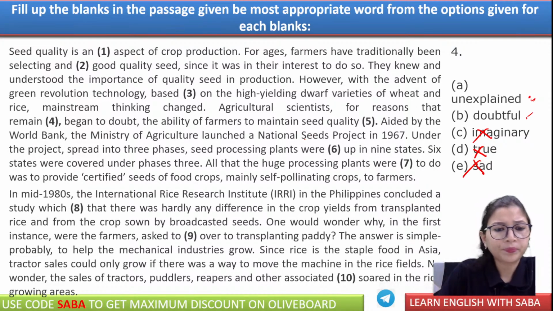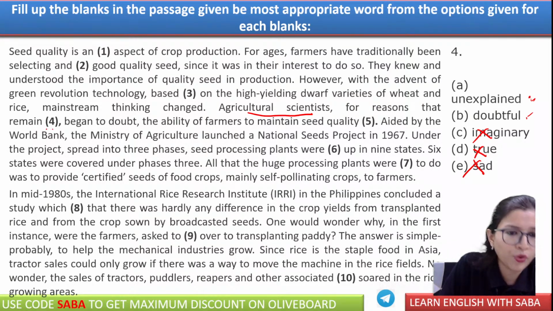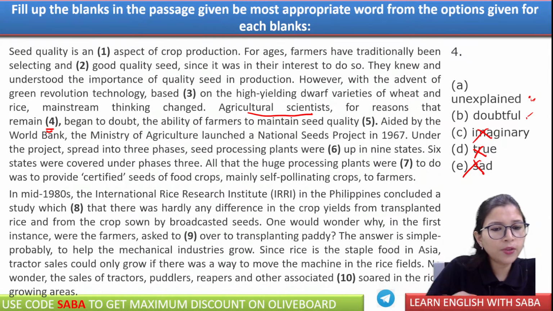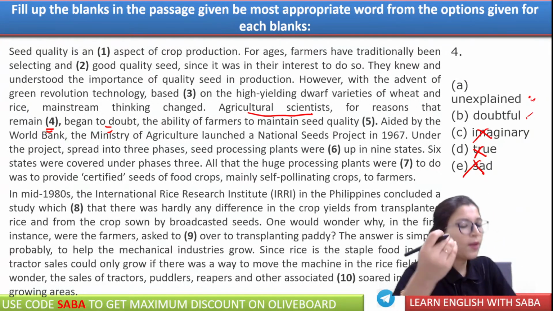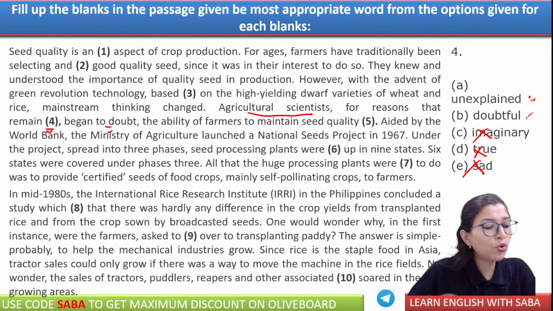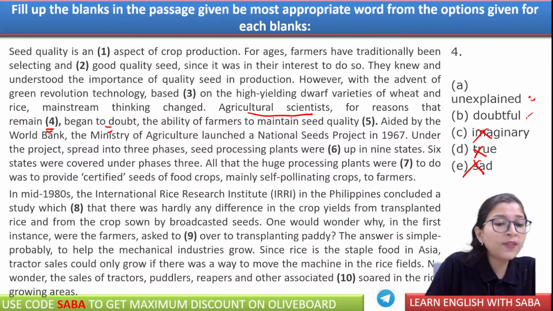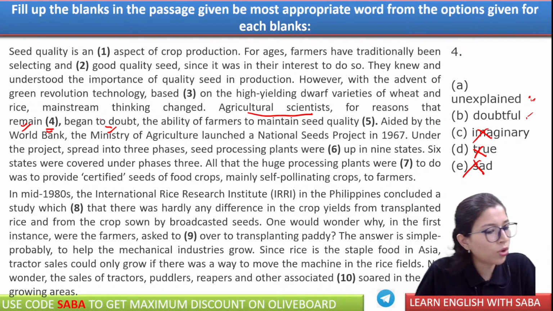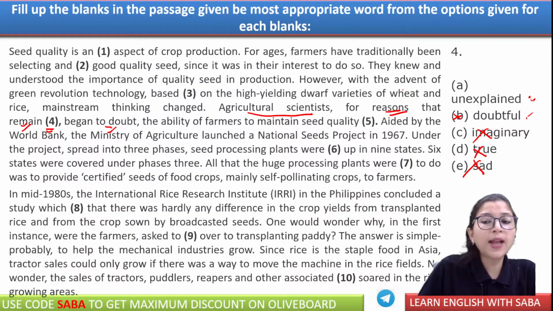See what it is saying. Agricultural scientists, for reasons that remain doubtful. Are we talking about doubtful? कि वो रीजन जो डाउटफुल थे, they began to doubt. कि reasons are unexplained, कि बहुत सारी ऐसी थ्योरी होंगी, बहुत सारी ऐसी चीजें होंगी जो एक्सप्लेन नहीं की गई थीं. So since there was no explanation for them, so they began to doubt, कि फिर उन्हें खुद से अपनी थ्योरी बना करके उनको डाउट होने लगता होगा. So we are not talking about persons, कि वो फार्मर्स डाउटफुल नहीं थे, कि for reasons we are talking about reasons that remain unexplained, कि वो सारे रीजंस जो अनएक्सप्लेन थे, they began to doubt the ability of farmers